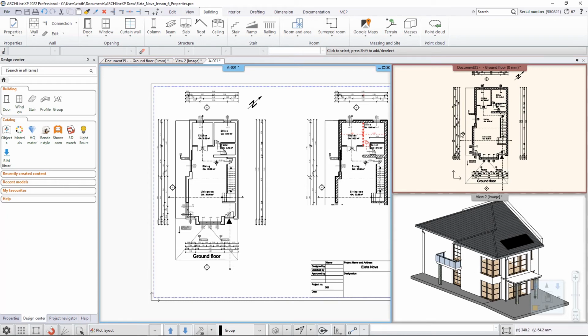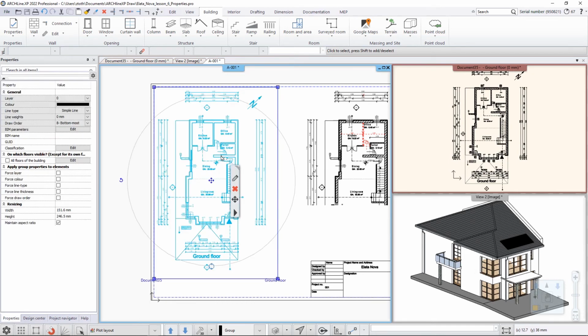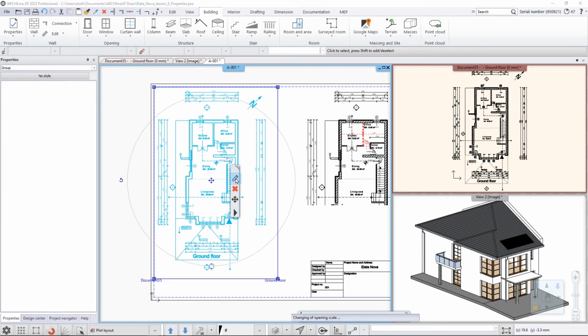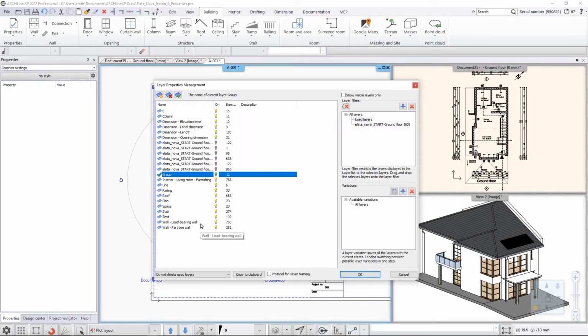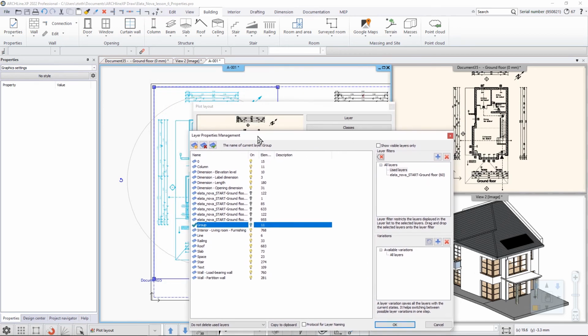For example, imagine that I'm working on this drawing and I don't want to see everything because there's just too much. I don't want to see the dimensions around, just as I did before in another example. But I would like to make sure that it is visible here on this instance. In that case, I can just select this instance and go into the properties of that instance, and I will have an option to control the visibility of the layers of that specific instance. So if I have an option turned on, like for example, the length dimensions are visible here, whatever I do on the original content, I can make sure that these will be printed, these will be visible